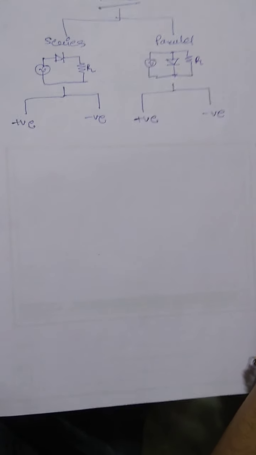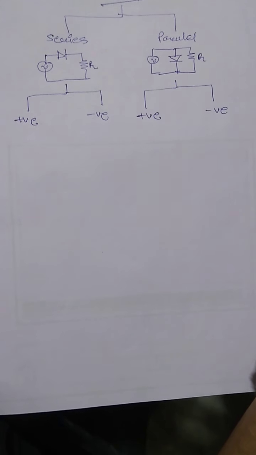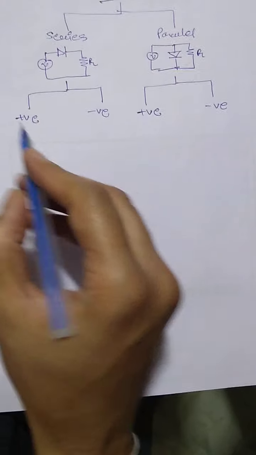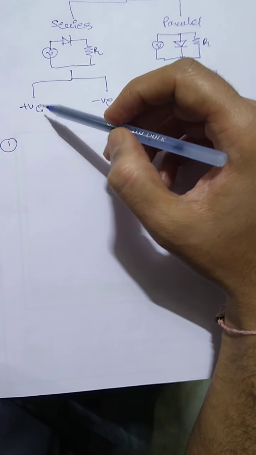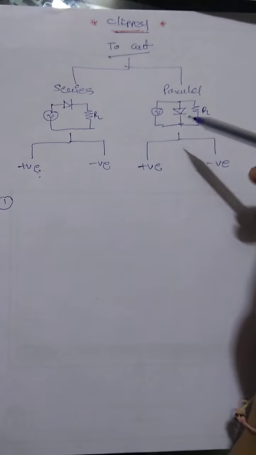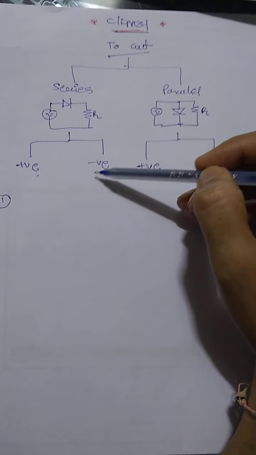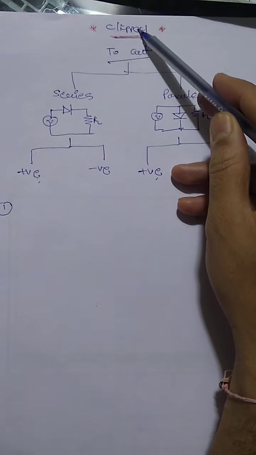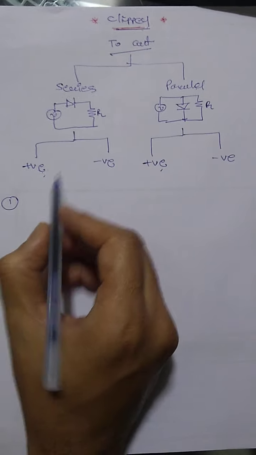So consider one example in which you will learn how you can draw a circuit by yourself. So first of all, consider one example. The example is always from down to up, means positive series Clipper, positive parallel Clipper, negative series Clipper, negative parallel Clipper. So consider one example,